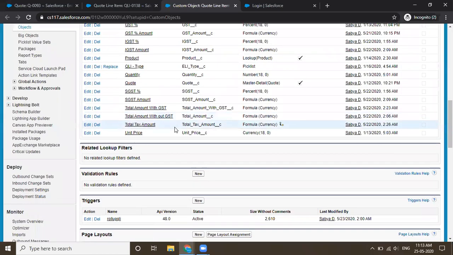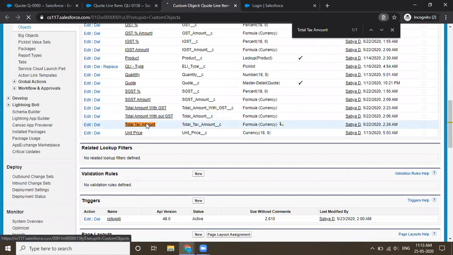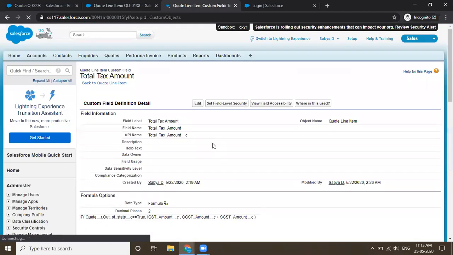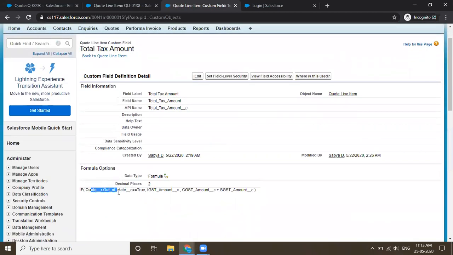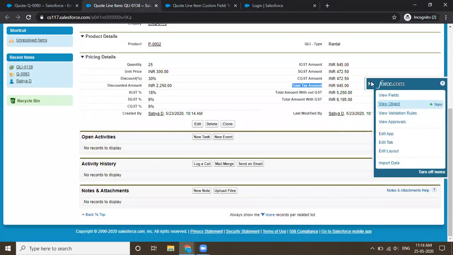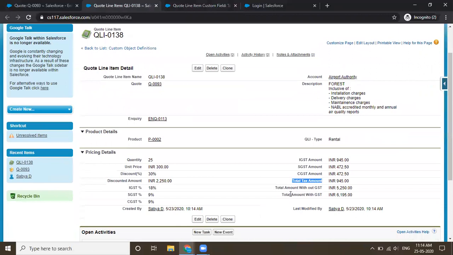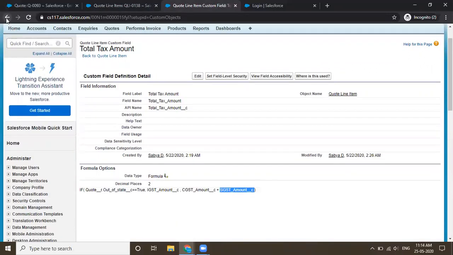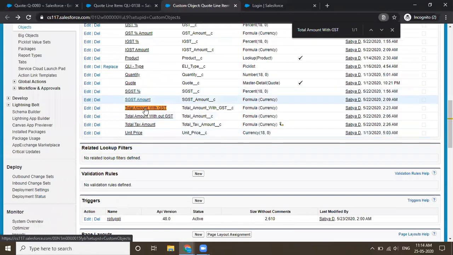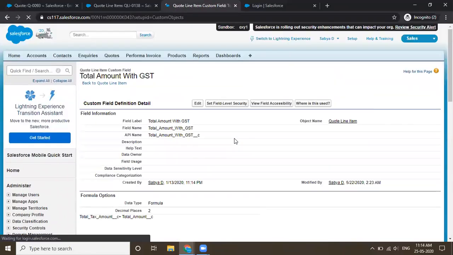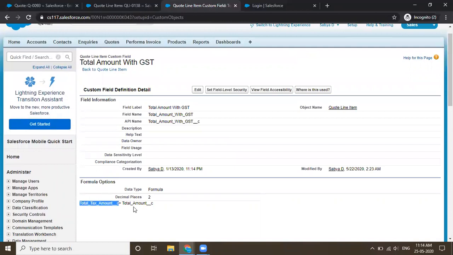So, total tax amount. In total tax amount, I have used this formula: if out of state is true, then only IGST, otherwise CGST and SGST will be used. Now if we go to total amount with GST, what is this field? Here it is the total tax amount and total amount.